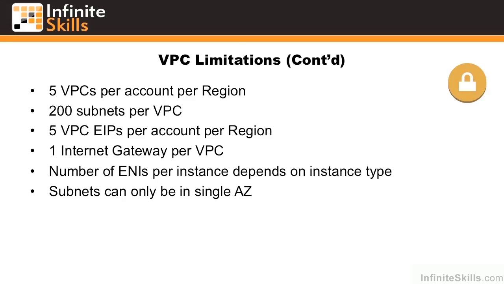VPC has a lot more limitations. You can only have 5 VPCs per account per region, 200 subnets per VPC, 5 VPC EIPs or elastic IPs per account per region, 1 internet gateway per VPC. The number of ENIs per instance, again, depends on the instance type, and subnets can only belong in a single